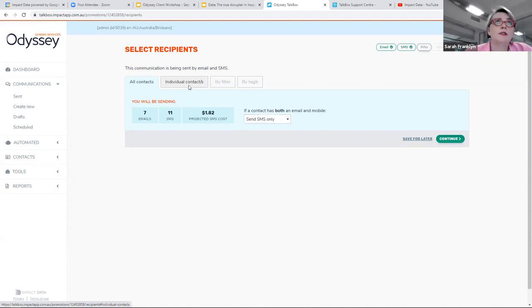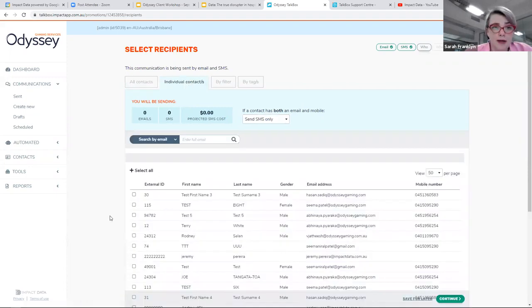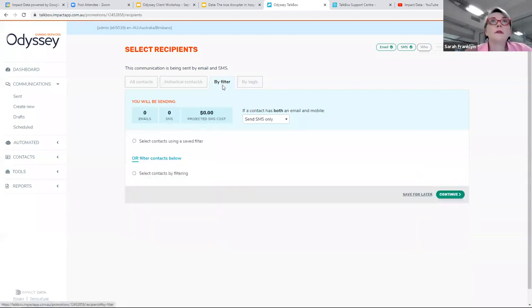The next way I could cut the database up is just go and pick a few people. So I might have my staff in here as a category, but I just want to send it to the 4 managers, right? So I could just go and search for them and find them and add them in, send it to them first, because I need to tell them about it before I tell my customers tomorrow. Or I could go in and start filtering customers.